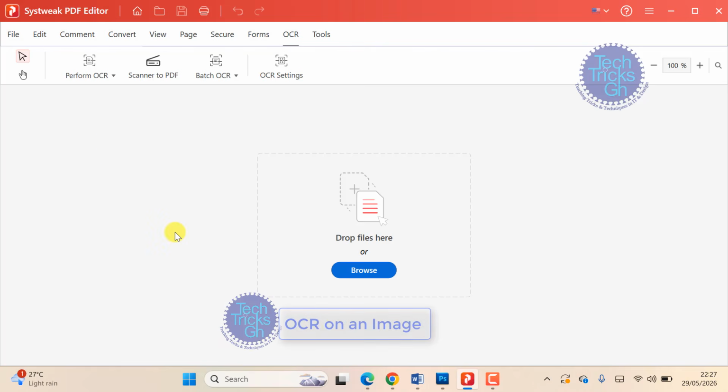If this is your first time using the OCR feature, Systweak PDF Editor will automatically download the files required to